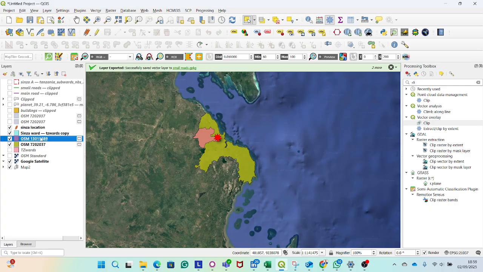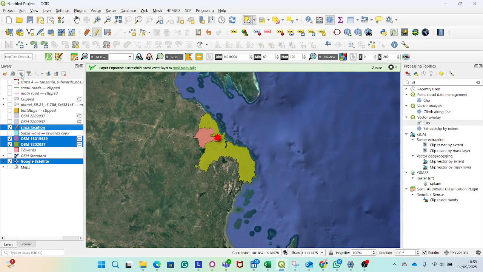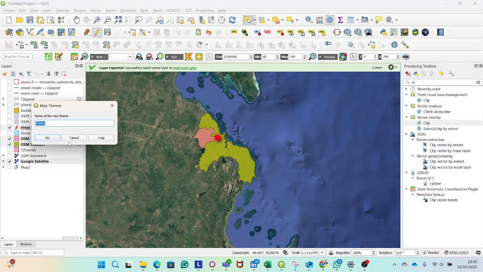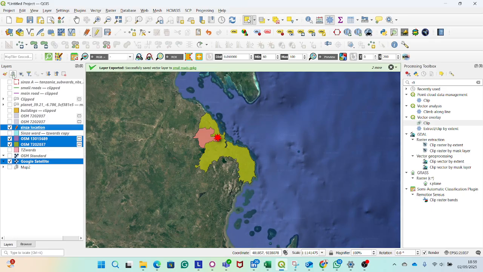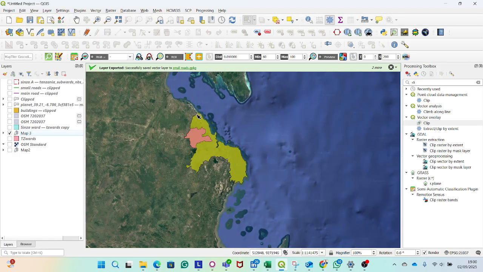So just mark this, this, this, then go here, add theme like map 3, then press OK, and then I can also add to group and then say map 3. So here done. So tayari nimeshatengeneza maps zangu, just to create